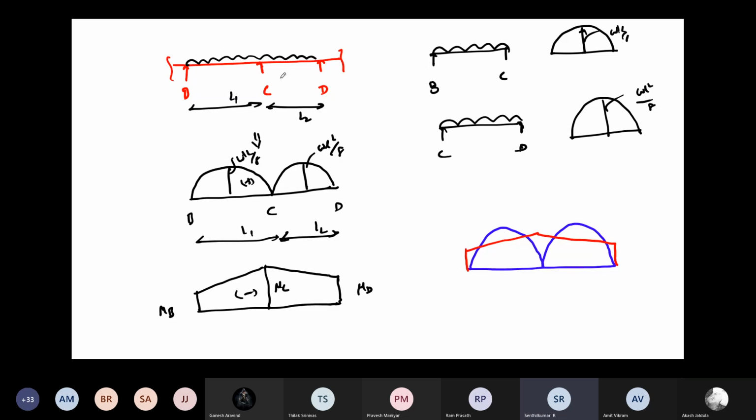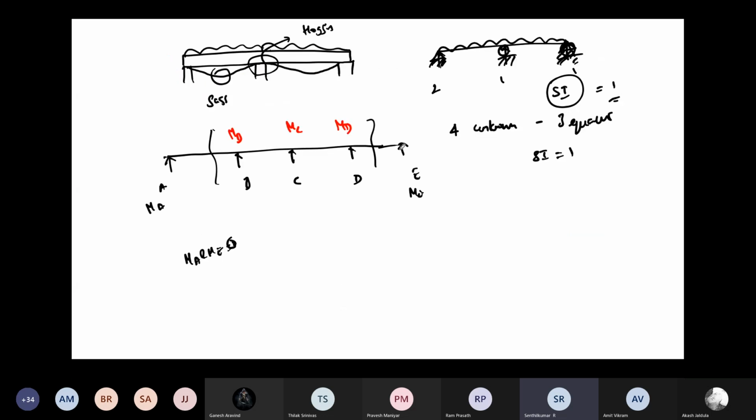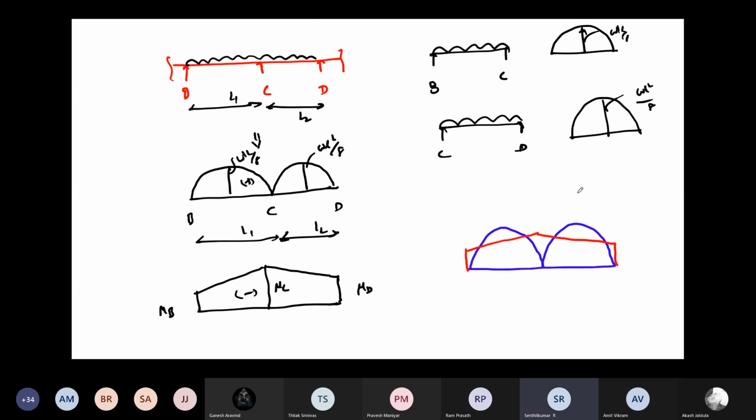Right? Here BCD is not the end. Still we are having A and E, like in a previous problem. So we know the moments at A and E are 0. Now I just want to know what is the actual bending moment developing on B, C, D, because the beam is continuous. Your beam is continuous, so a single member. Okay. Now how will you find MB, MC, MD? Right? That only we are going to find now.